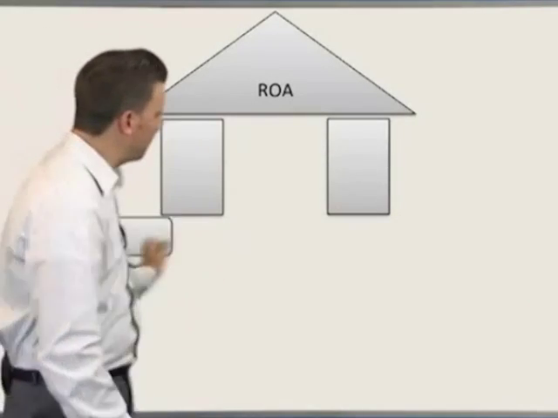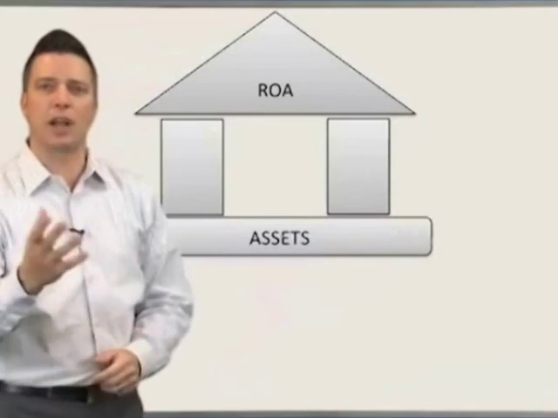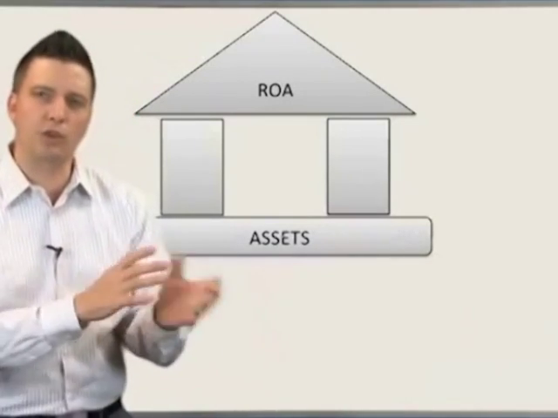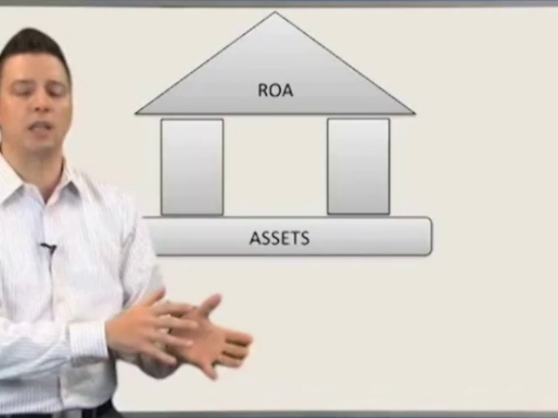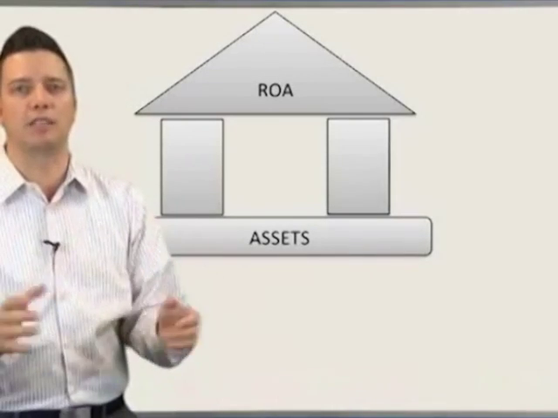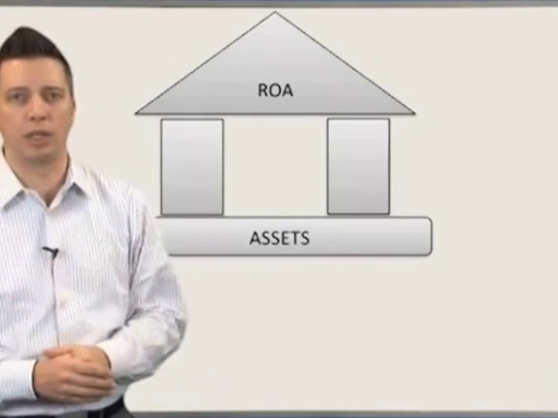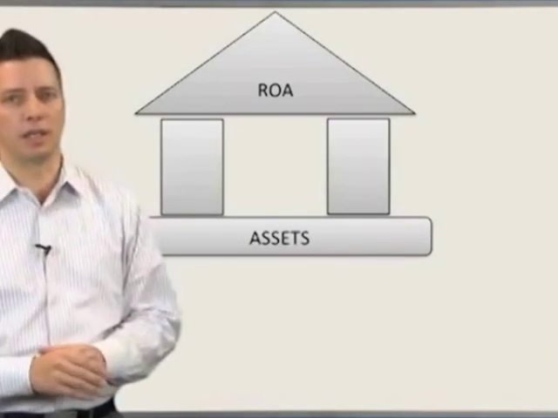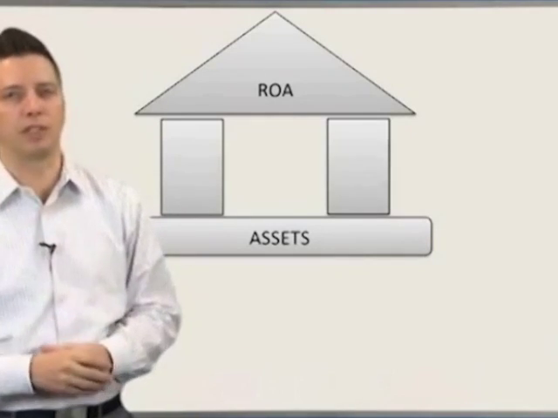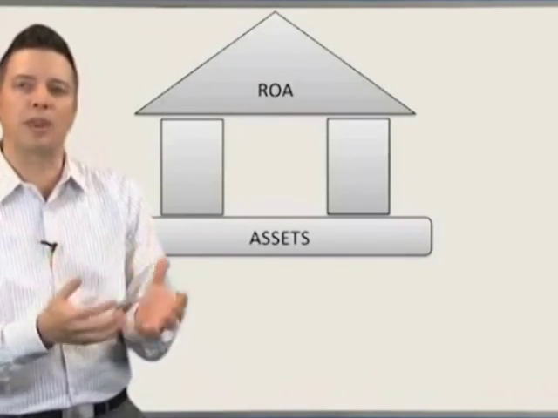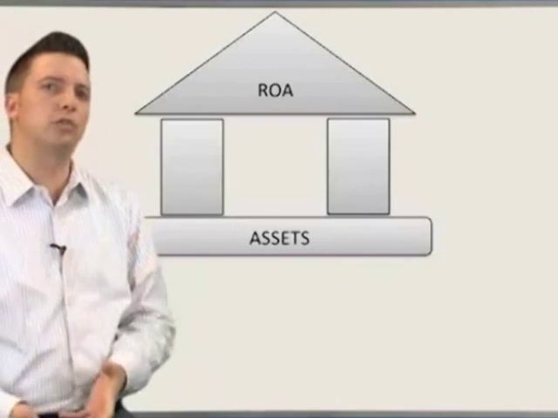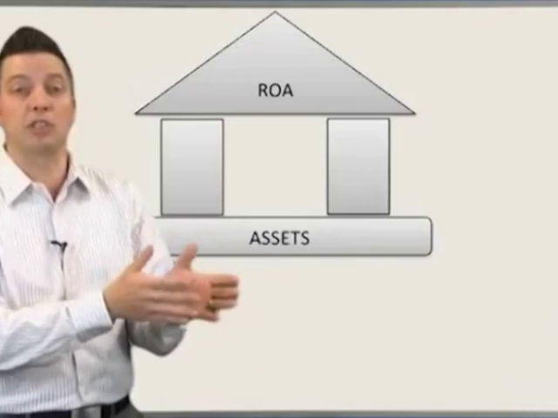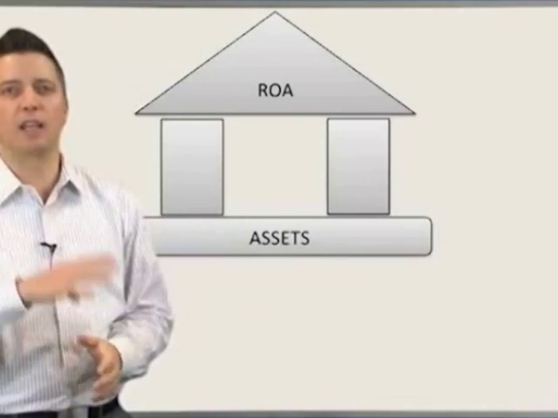So now we have to bring in the denominator, and that's our asset base. How well is your organization generating that net income based on its average asset value within a fiscal period? Our lean house isn't done yet. Here's where most people stop, but we're going to build a foundation. We're going to create some stability for that operational improvement, allowing you to accelerate your rate of increasing flow and eliminating the waste by adding 3 more components.